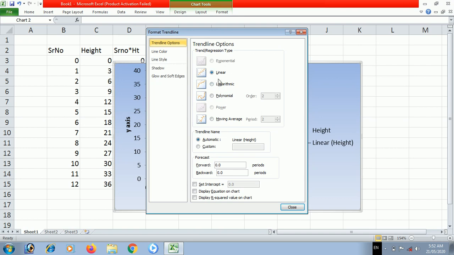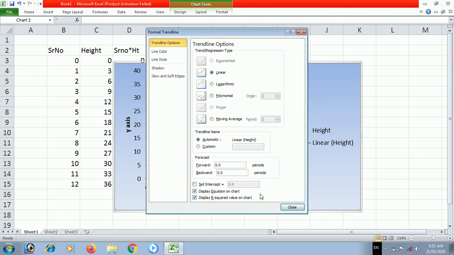This particular trend line is a model, is a smooth line as used in R, and we can have its equation also plotted. Here display equation on chart, or we can have set intercept at 0. Set intercept at 0, this is particularly useful for colorimetric readings where Beer and Lambert's law is followed, that zero concentration will lead to zero absorbance. Here display R square value on chart.